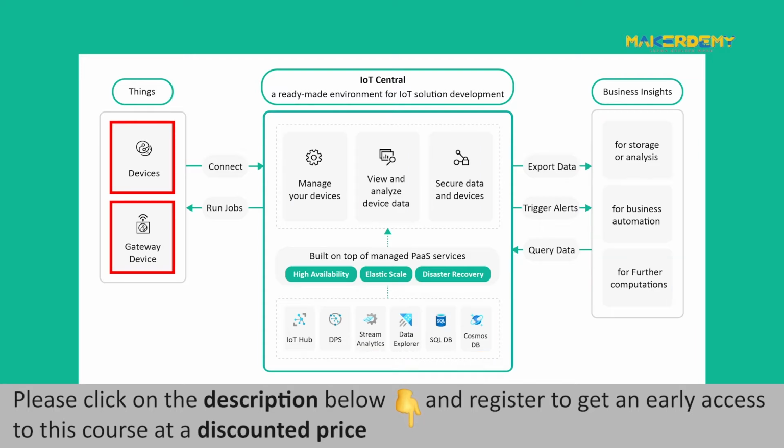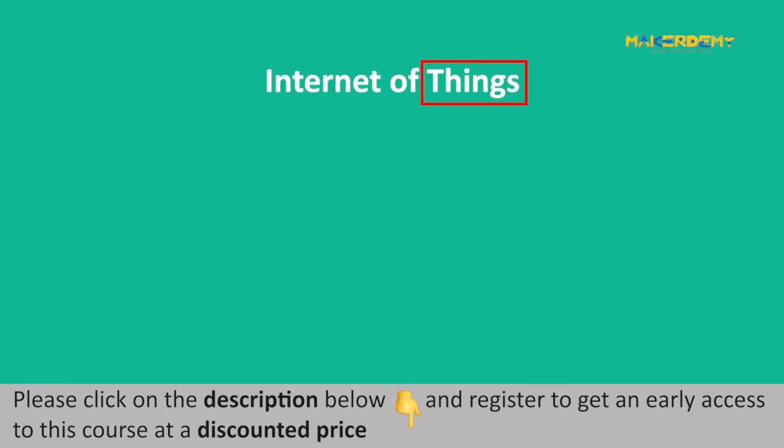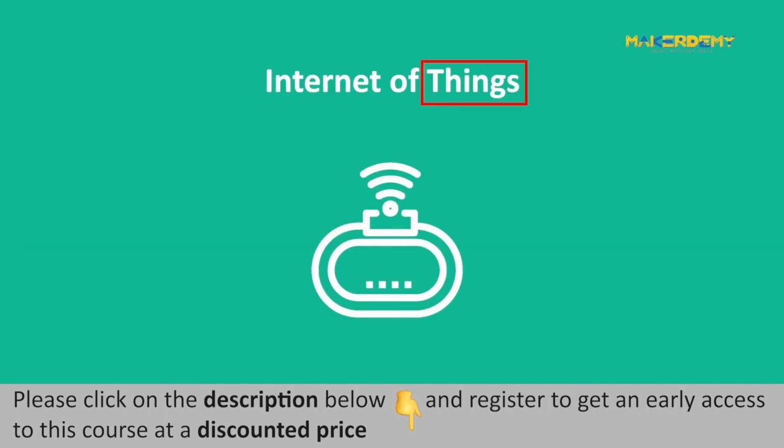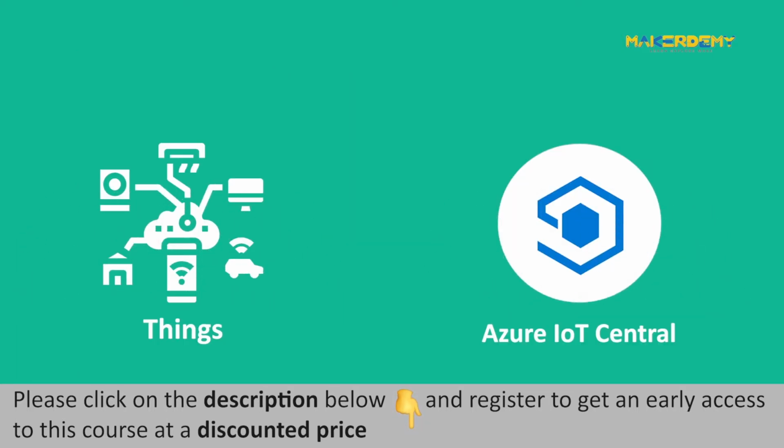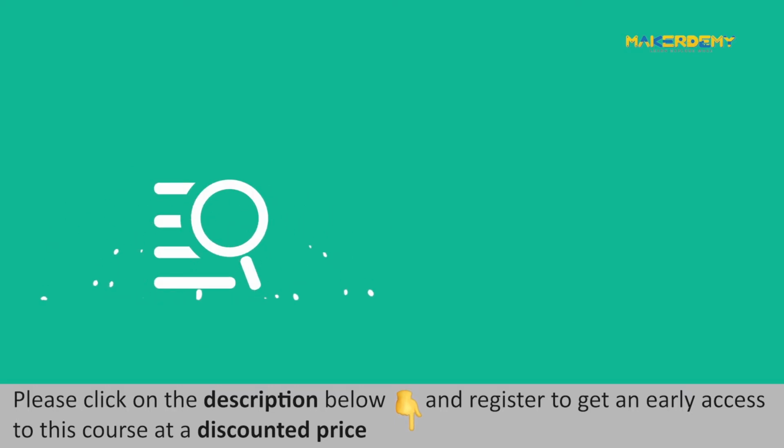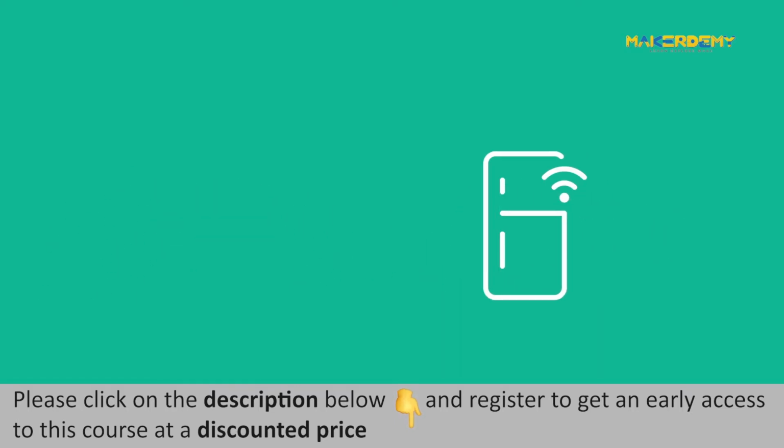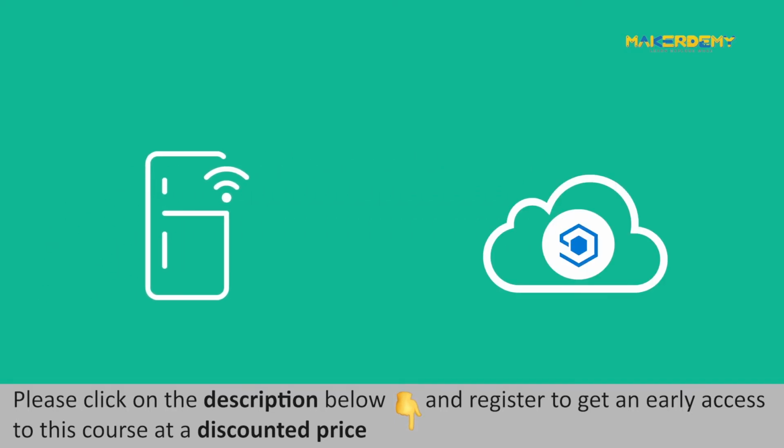In Things, there are two key elements: devices and gateway device. Things in the Internet of Things are also devices. Similarly, things in Azure IoT Central architectures collect data and send telemetry data to Azure IoT Central application in streams. Let us take an example of a smart refrigerator. The thing here is a smart refrigerator that is sending a stream of temperature values to the Azure IoT Central